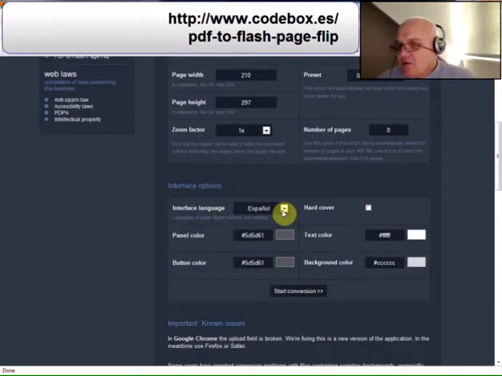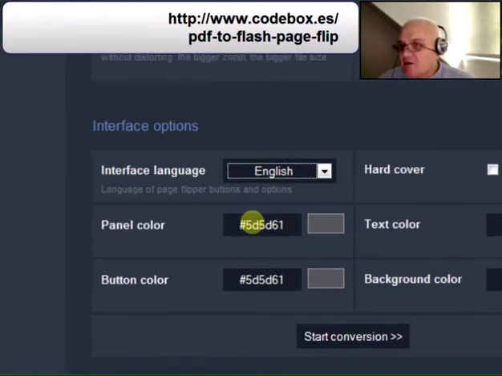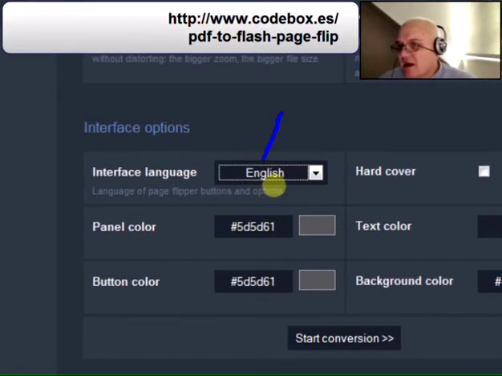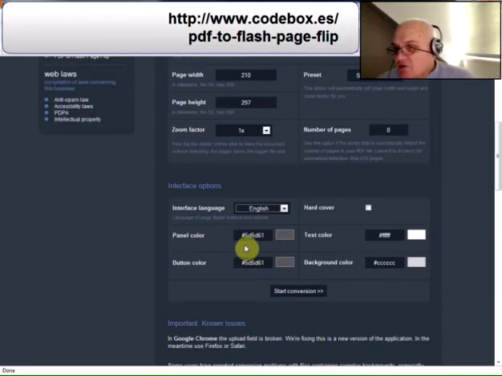The interface options, change that to English. I'll just zoom in so you can see where I've changed it. Change that to English there. Sorry, that's better. You can generally leave the default, but you can have a play yourselves. When you click on Start Conversion, again I'll just show you where I'm talking about. Here,